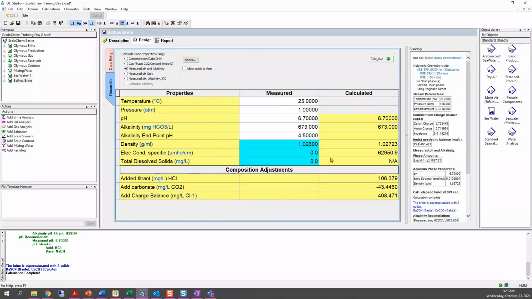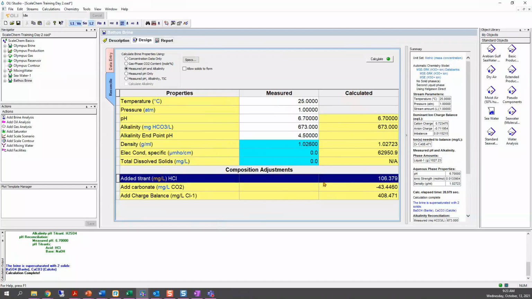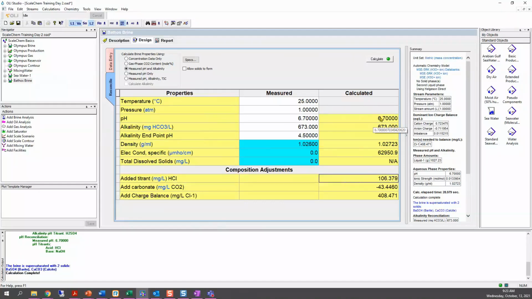So you'll see that in order to match your pH to 6.7, the software is adding HCl. And as you remember, we calculated that this was a 7.6 value, so it was a little bit more basic. So in order to decrease that pH, the software added hydrochloric acid, a total of 106 milligrams per liter of HCl. Okay. Now, for the carbonate,